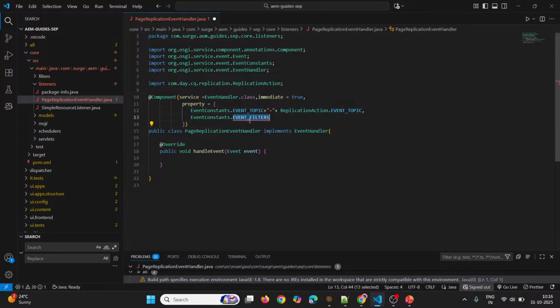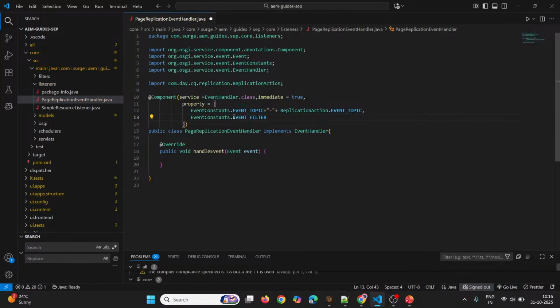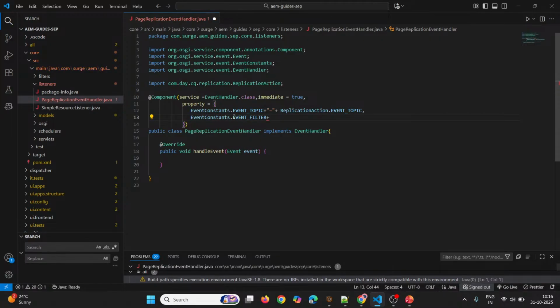Okay, so event constants dot event filter is the one we have to use, and here inside this event filter,